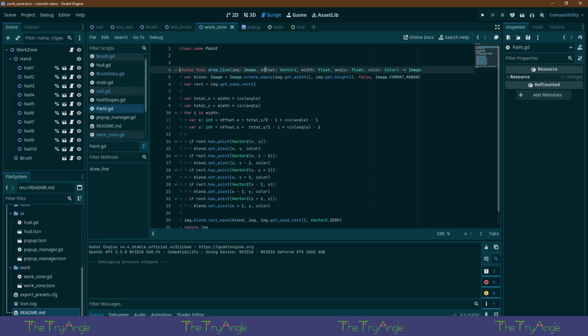Let's see here. What's the offset used for? Offset. Oh, I think on the nail itself. All right. So instead of offset, maybe call it the end.